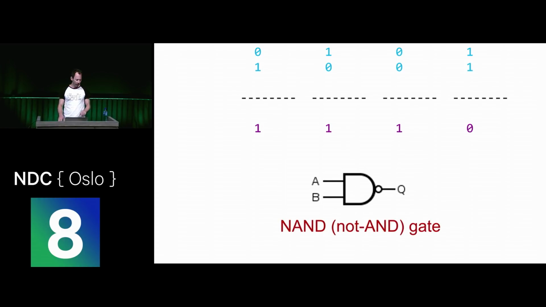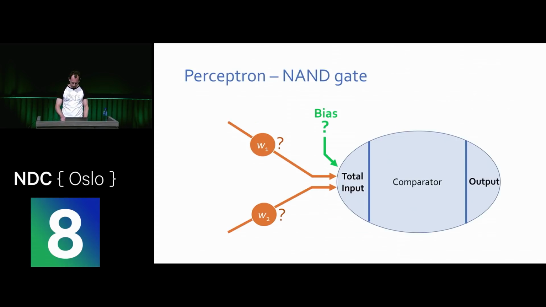Now, with a NAND gate, you can build any other kind of logic gate by combining them together. So we can do anything with this. This is infinitely powerful. However, we have kind of cheated because we pre-programmed the weights and biases. Remember, what makes this interesting is this can learn. This can figure out the weights and biases through example. So let's play that out and see what happens.